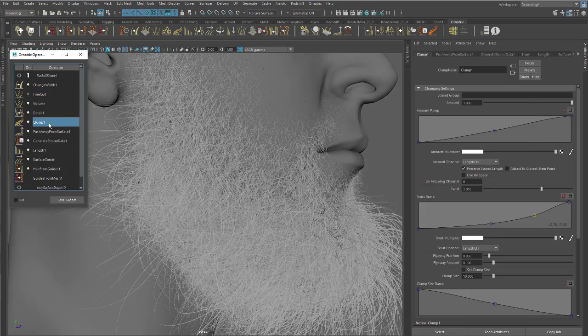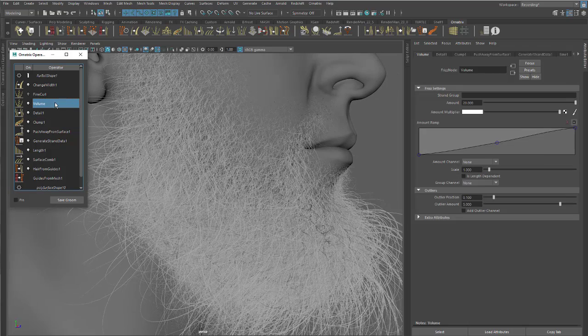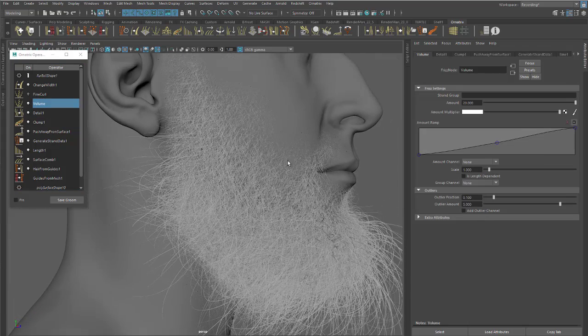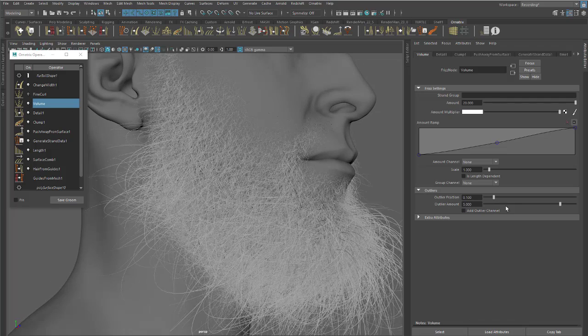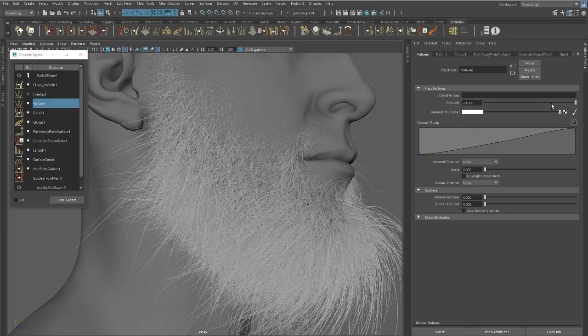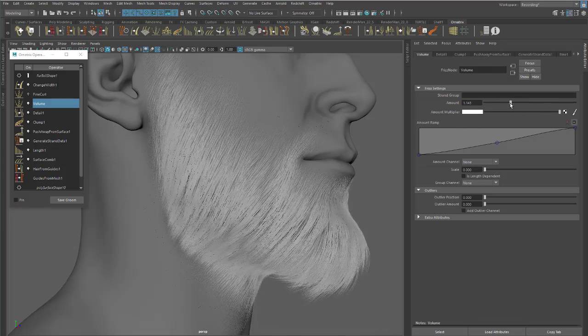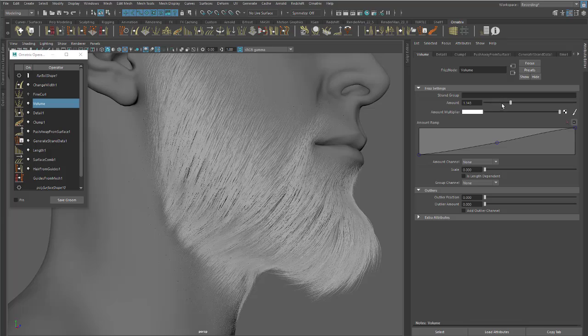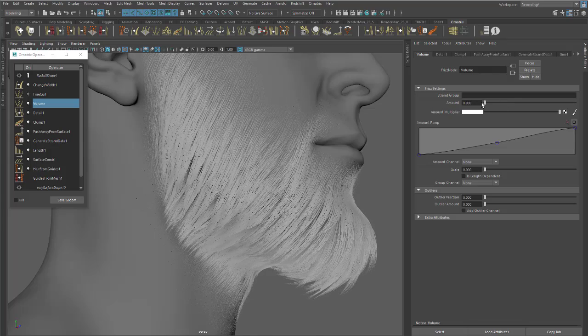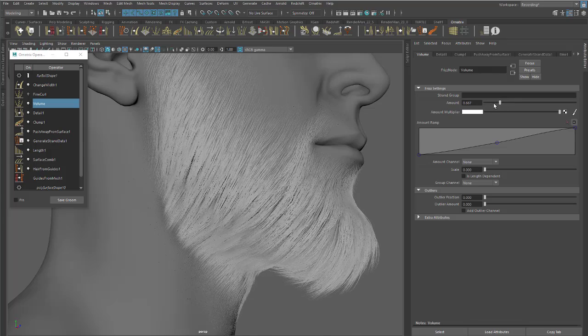I'm going to call this clump, it's fine. So for volume, I add another freeze node, set all this to 0, even scale, and just use the amount to add a little bit of volume like this,